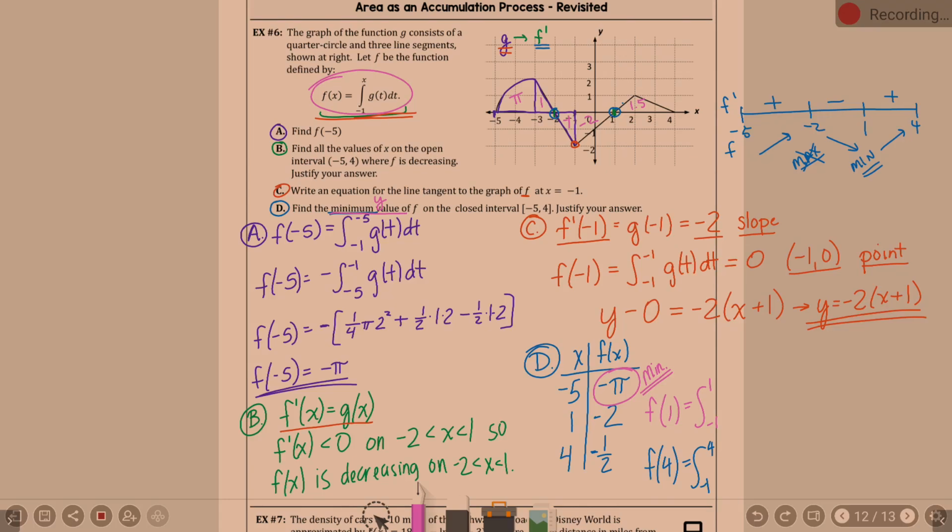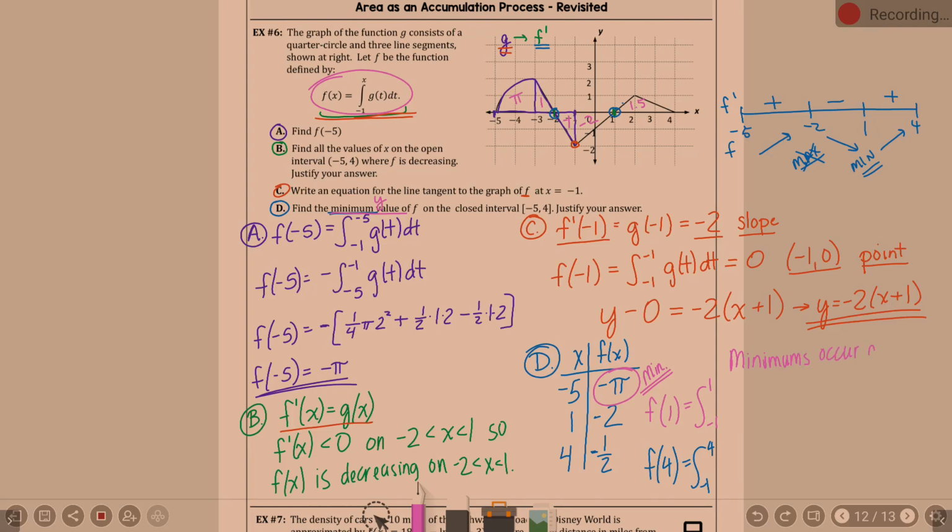Okay, and then it said justify, right? Well, our proof is there. We did what she often calls the candidates test. And what else do I have in my notes? The minimum occurs at endpoints or where f prime changes from negative to positive. The minimum value occurs at x equals -5 and is -pi, by the candidates test. I don't have room to write all that, but I will say